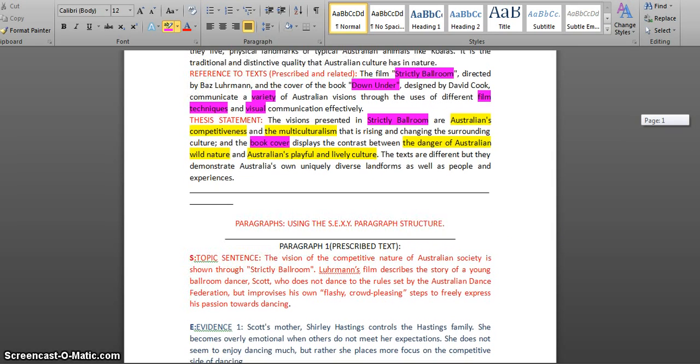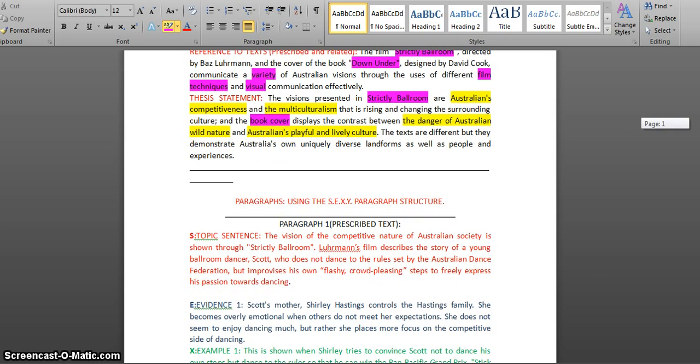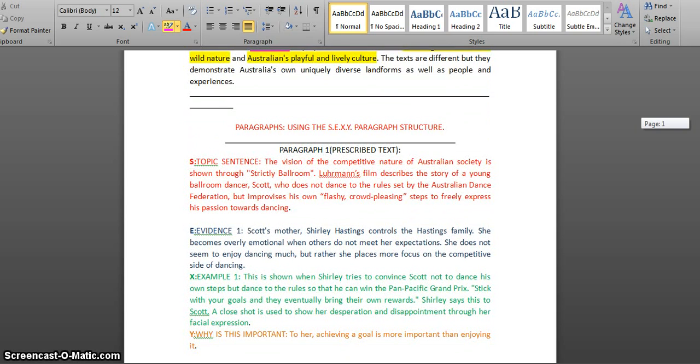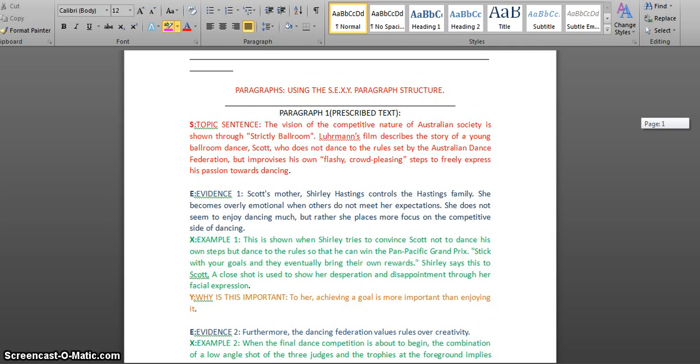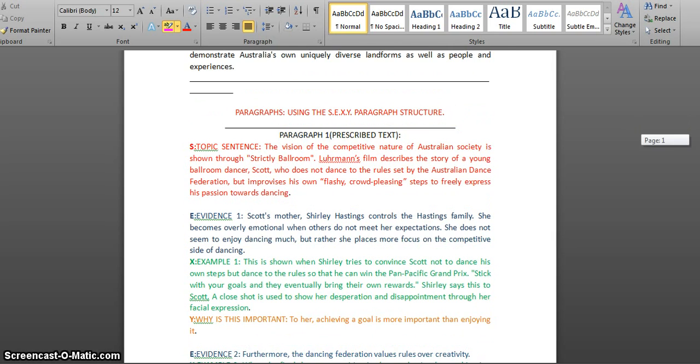Now for the paragraph, I have simply analyzed them using the S.E.X.Y paragraph structure, which means S stands for topic sentence, E stands for evidence, X stands for example, and Y stands for why this is important. Because you always have to include the importance of what you are talking about, otherwise it sounds a bit silly. Okay, so for paragraph 1,